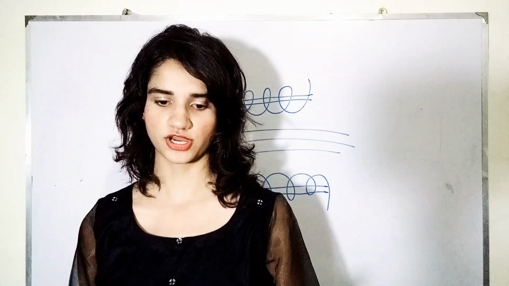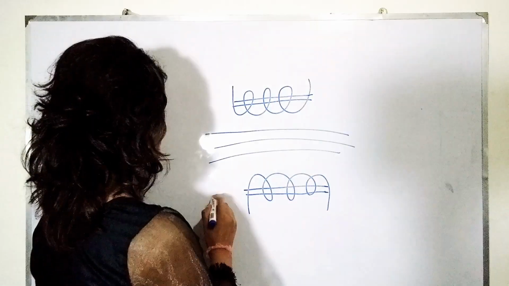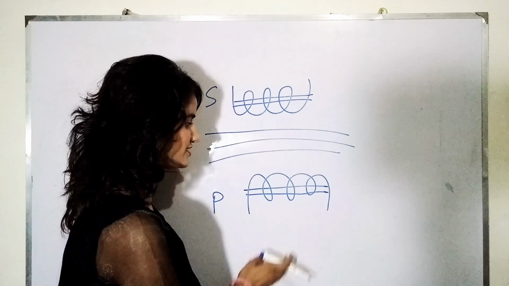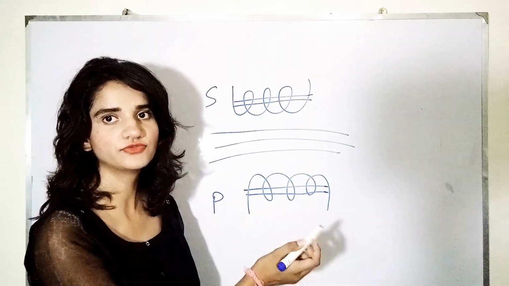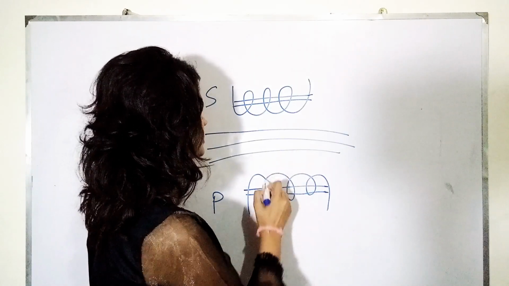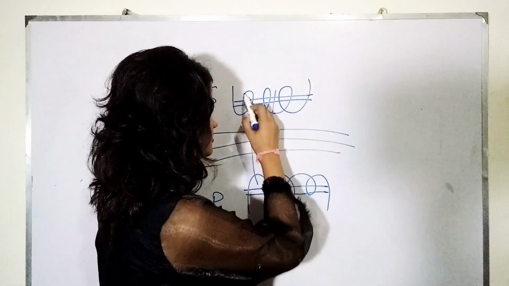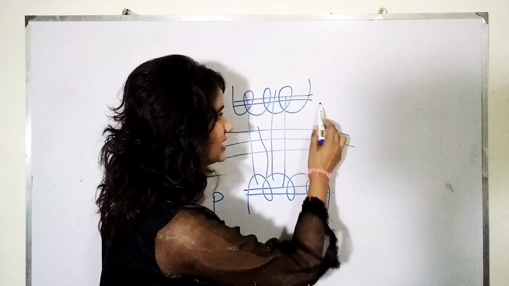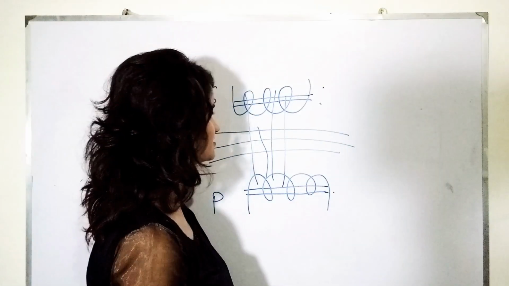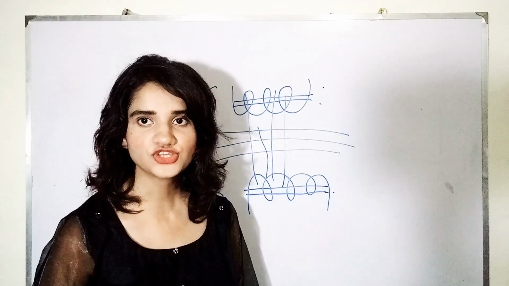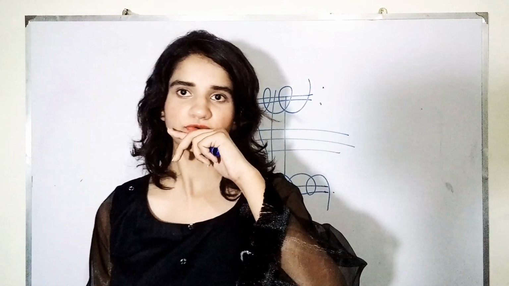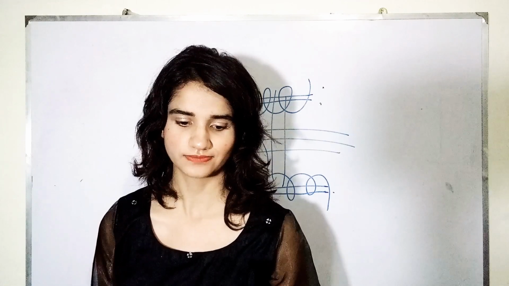Now how does it work? For example, this is the primary coil and this is the secondary coil. When the current is provided to the primary coil, some magnetic lines are being produced from it, and some of the magnetic lines reach that region. Just remember that there is no electrical connection between primary and secondary wire. Only magnetic lines are crossing this region, and when the magnetic lines reach the secondary region, the current is being produced. So this is the way our transformer works.